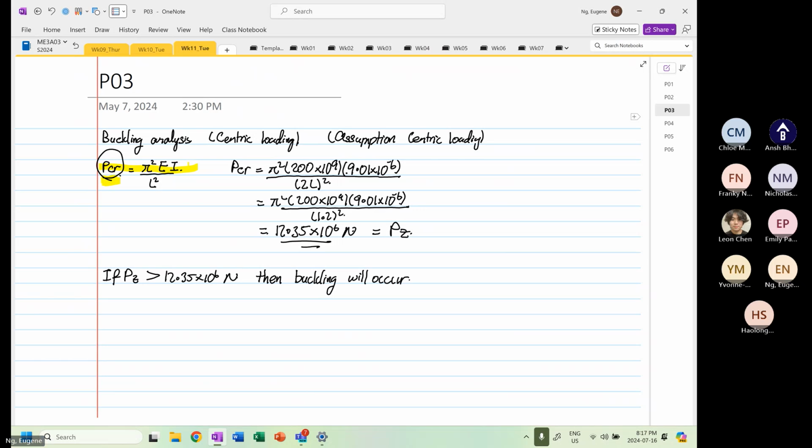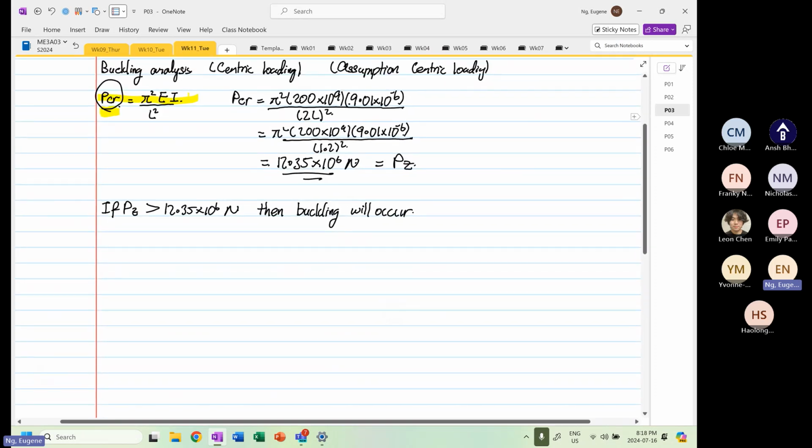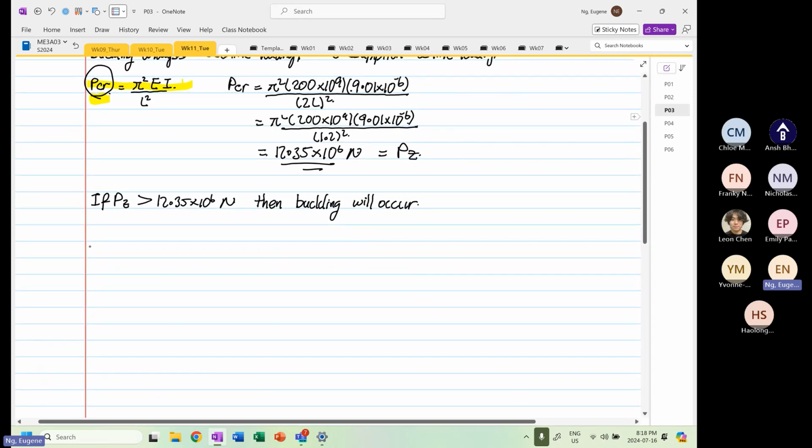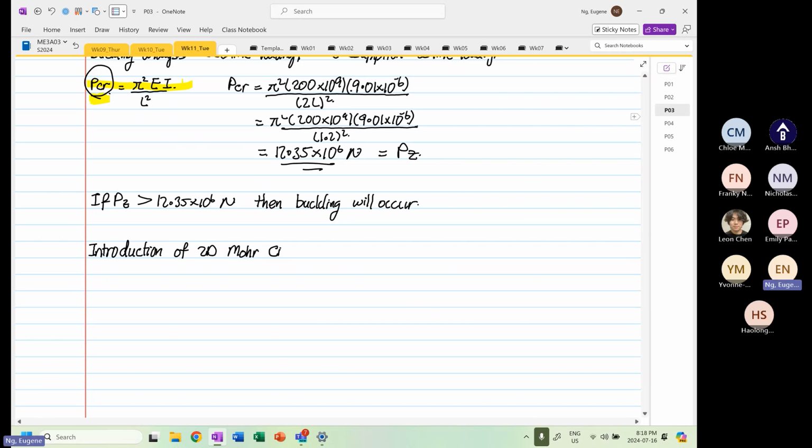Okay, so that gives how all these small topics are linked into one big picture. And we are not done yet because now I'm going to go into a topic. Okay, you've seen it before. We are going to go into the introduction of 2D Mohr's circle. Okay, so I've drawn for you what it looks like, and I'm going to do it again,